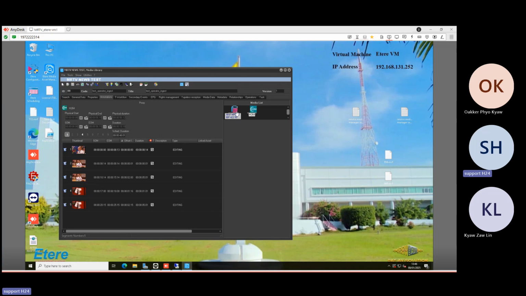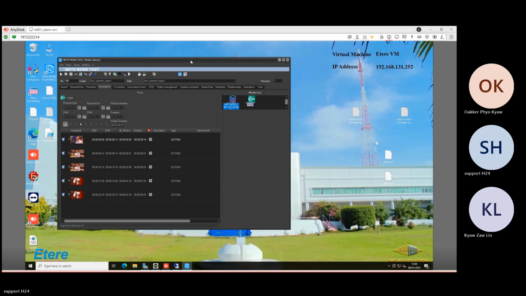It means that when you added the segment in the EDL,